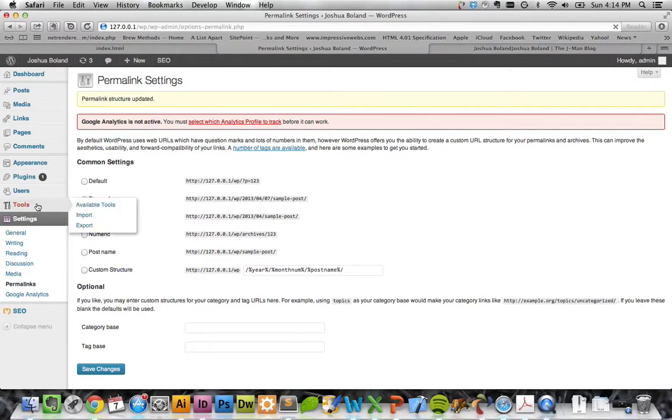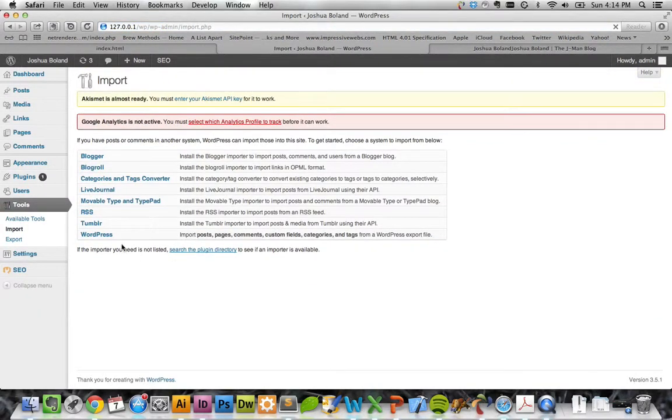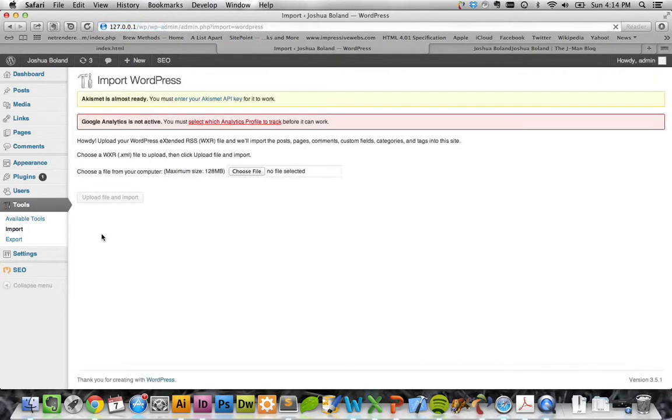Last thing to do, we're going to go to Tools, Import, and we're going to toss that dummy content into our theme. So I'm going to choose this last option under Import, WordPress Import, to import an XML file of WordPress content. Now, if you haven't used this feature before, it will ask you to install. It'll take all of one minute, and after the installation, click Activate and Import Content, and you'll get to this screen. So I'm going to hit Choose File,